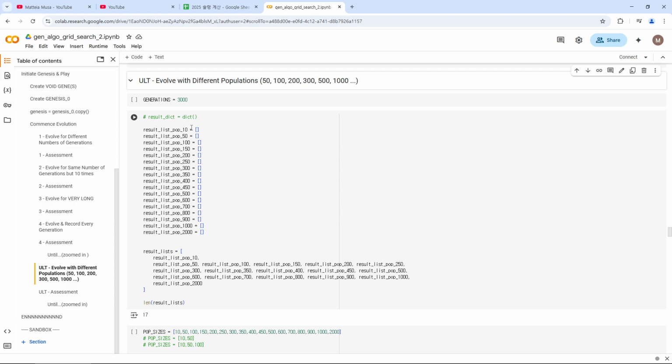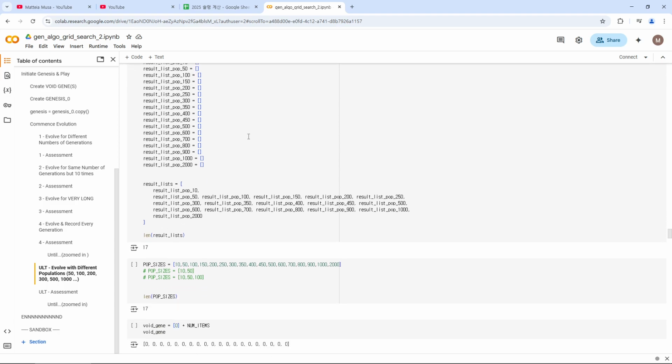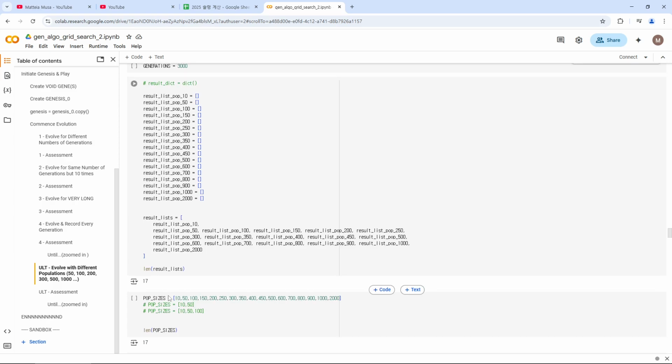population. So we start off with the smallest population, which is 10, and then there's 50, and then there's 100, 150, and on and on. So 10, 50, 100, 150, 200, 250, 300, all the way up to 500, and then we increase by 100, so 500, 600, 700, 800, 900, and then 1,000, and then from 1,000 we go on to 2,000 entities in a population, and we do this